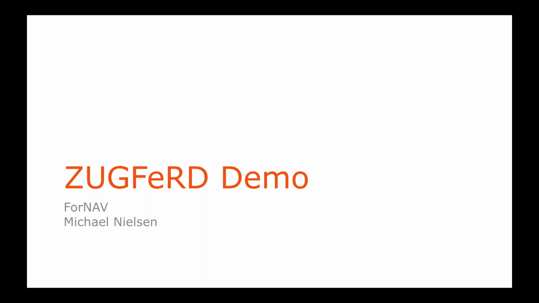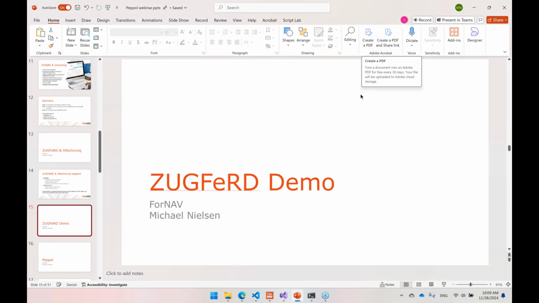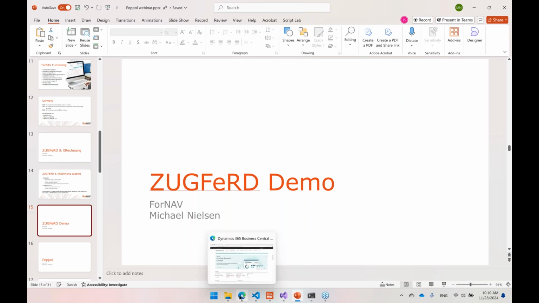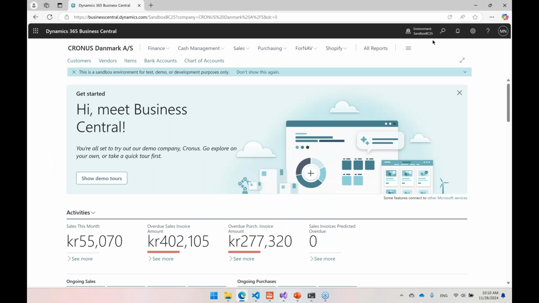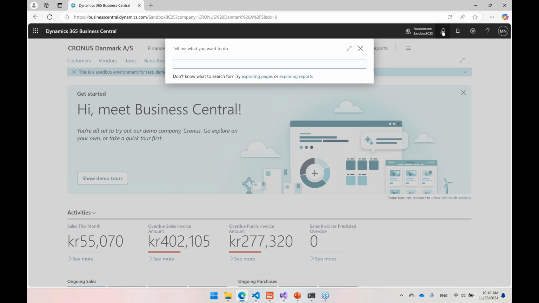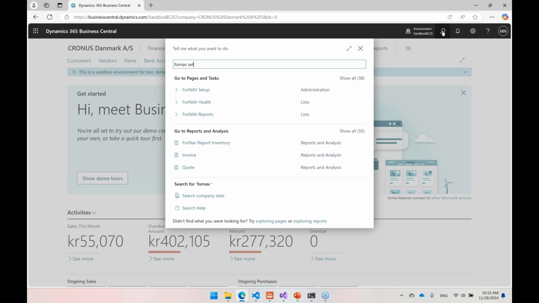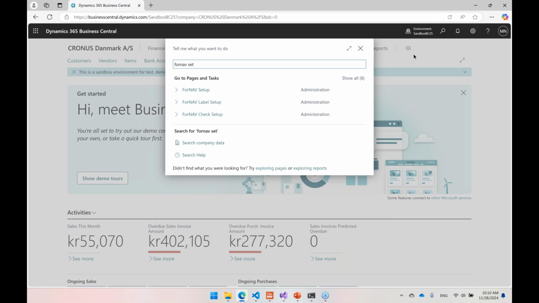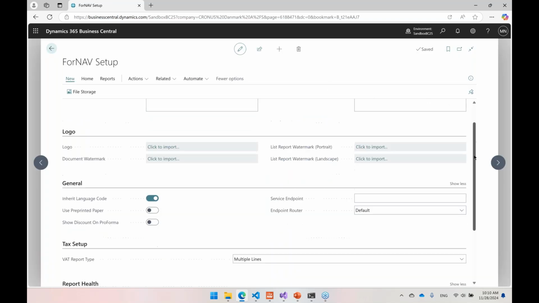But let's look at how this works inside FONAV. So I already promised you that this was easy to set up and run, so let me show you how this works. The prerequisite is I need to install the FONAV e-invoicing app that comes from AppSource, or for on-prem it comes from the FONAV website. And then when I get this, I can go to the FONAV setup page in the FONAV product to set it up.